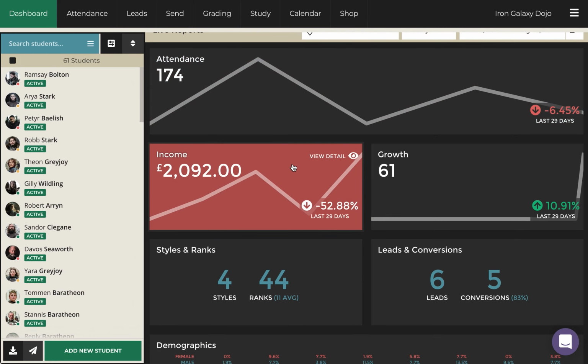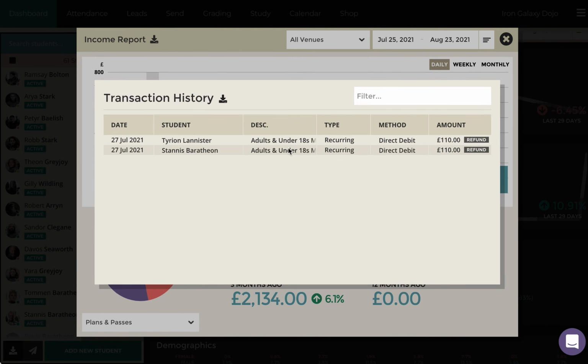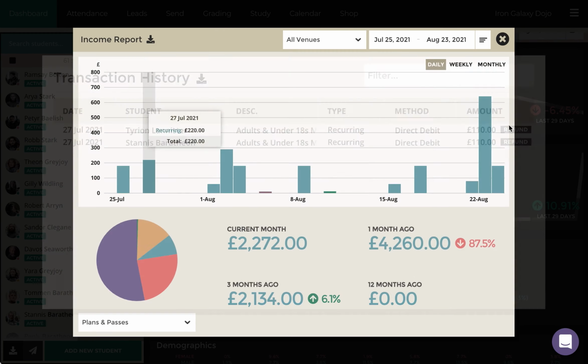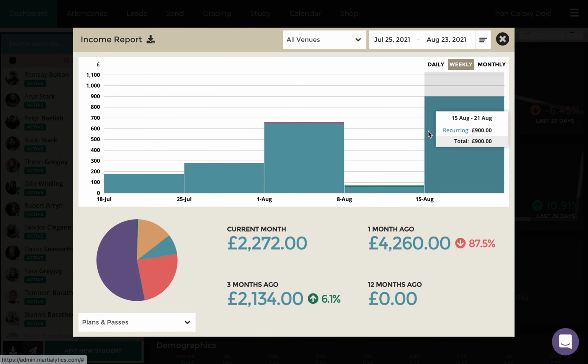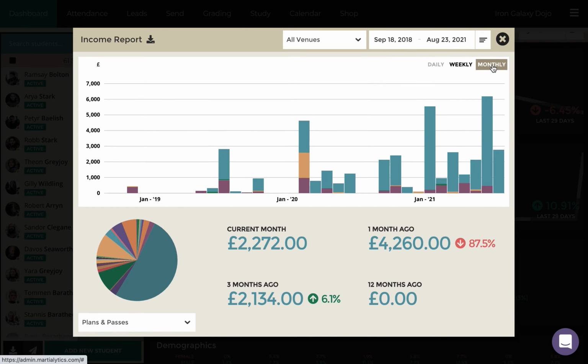You might add another class on a Tuesday, for example. And moving on, we've got the income report. Click on that. You can see each individual day and where that money came from. So these are mostly recurring classes. Then we've got some passes here and some shop transactions here as well. And if you click on one of these, you get the transactions for that day. You can refund it from there as well. You can download it as a report. You can break it down into weekly. If you want it to go all time, break it into monthly, and you can see just how those trends